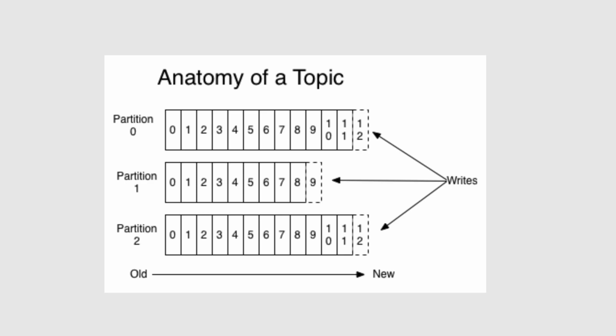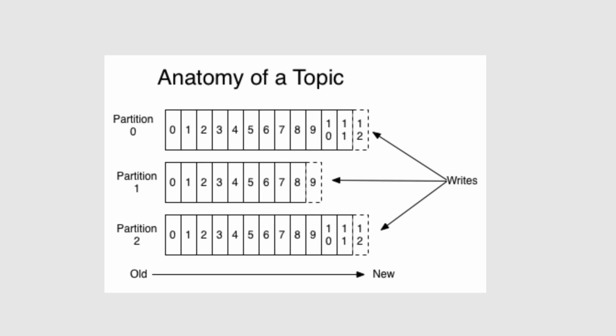Say for instance, the broker that's holding partition 1 goes down. Well, that's okay because we still have partitions 0 and 2. And like I said, each message has an offset, so we can just retrieve the offset that we need based on where the broker failed. So we know, based on the controller, where to start off because it has a record of where it failed. So that's the power of it, right? By spreading the partitions across multiple brokers, a single topic can be scaled horizontally. It can provide performance far better than just having it on one single broker.